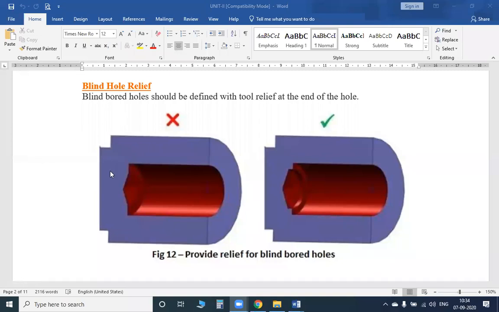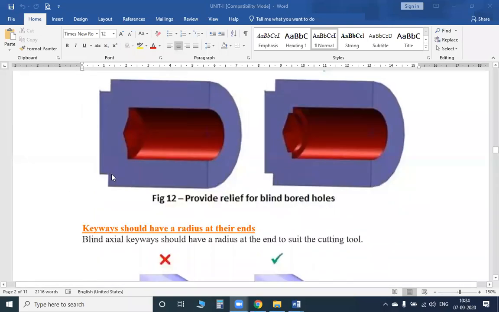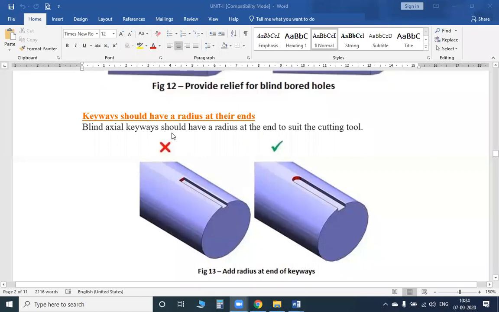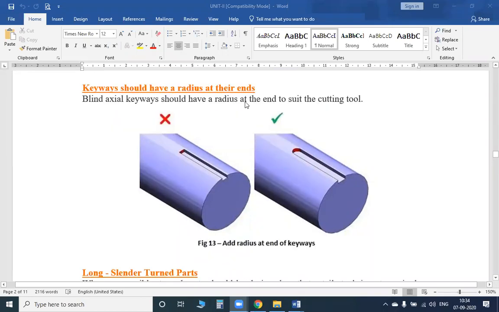So in the same manner the turning is to be done. So the keyway should have a radius at its ends. Yes, this is not to be accepted, this is to be accepted, because see, when you are putting a certain part inserted on a certain workpiece and you want to remove a certain piece from this piece, what happens to the edge of a key piece, it is to get damaged.